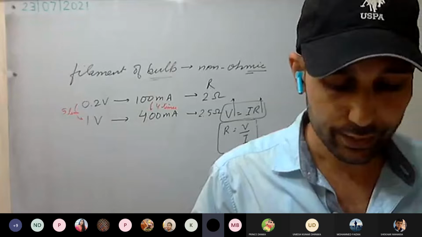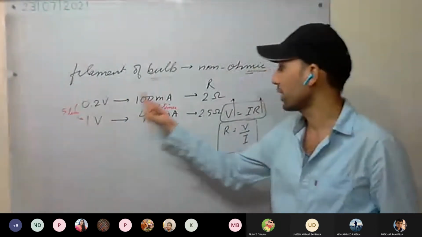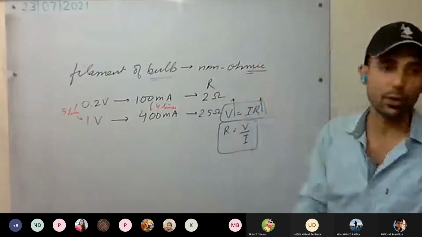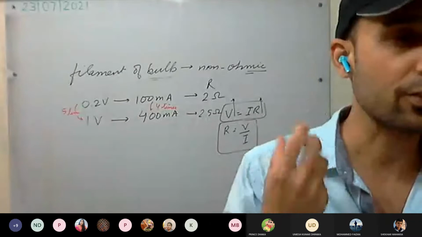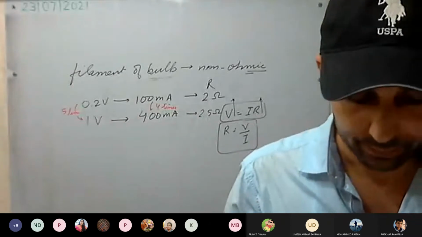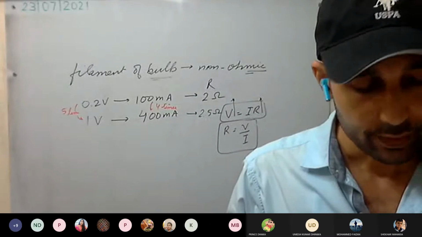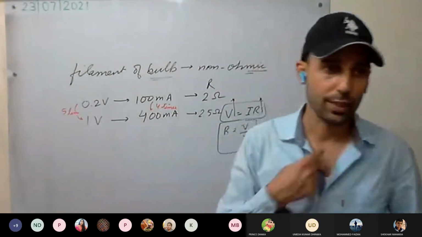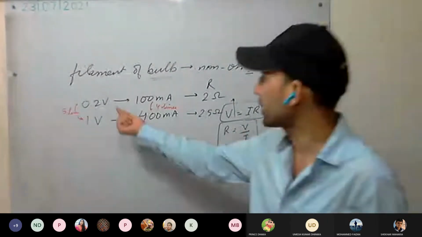So here the reason you have to write is that because of increase in potential difference, the resistance of the filament increases because the filament of the bulb is a non-ohmic conductor, rather than temperature. There is nothing mentioned here that it has worked for this much time or that much time. Temperature is sure going to increase because we have increased the potential difference. So temperature can be a reason, a little bit, but the main reason is this one.